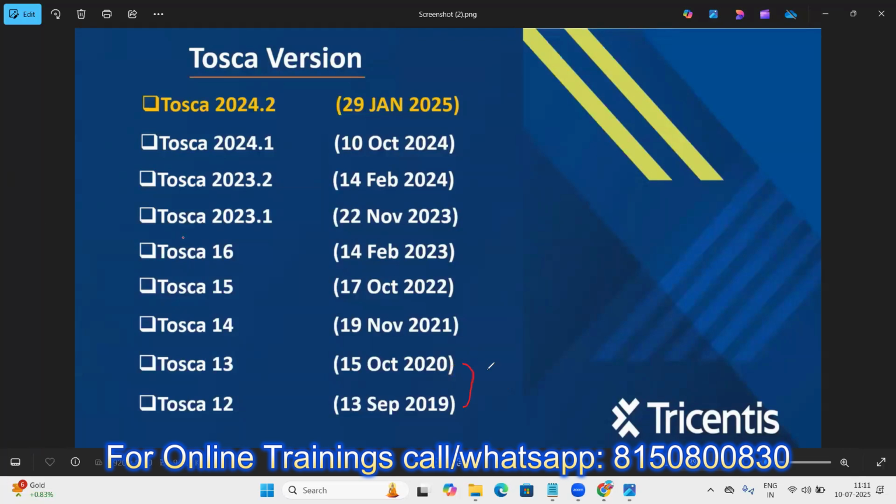So 1 year they took for creating the next version. So Tosca 13. After that, again they implemented in November 2021, so roughly 11 months. So till Tosca 16, it is approximately 1 year. So after that, what happened means